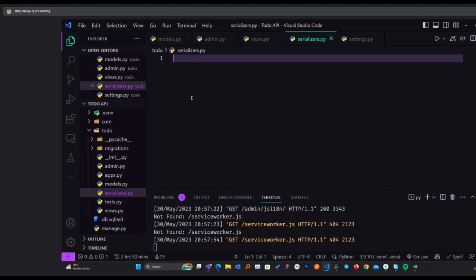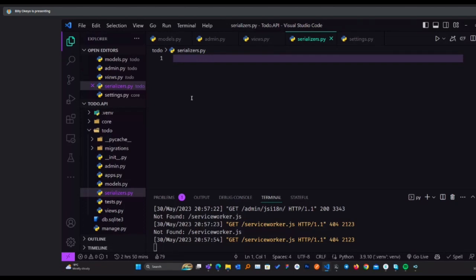For those of you who write Django, when we query any information from the database, Django will return it in the form of a query set. As I told you before, for an API to be accessed by almost any service, it needs to return the data in JSON, and it also needs to accept data coming into it in the form of JSON.